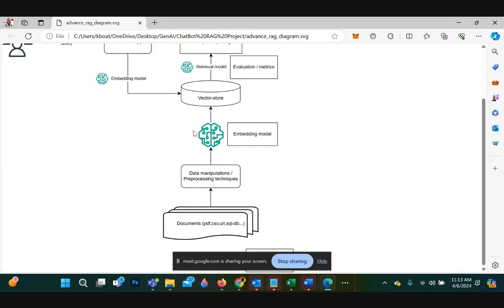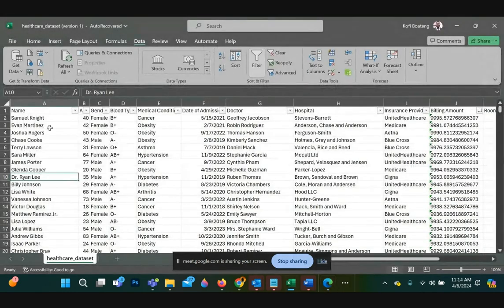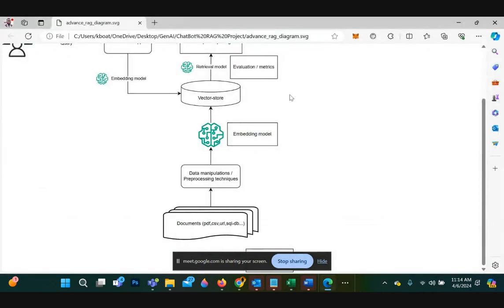So it takes each row and forms a document for that row. So for those 10,000 lines of rows of data here, each one of them will be just one document with some metadata information for it.